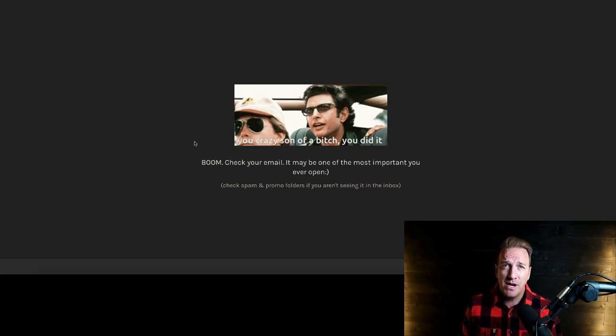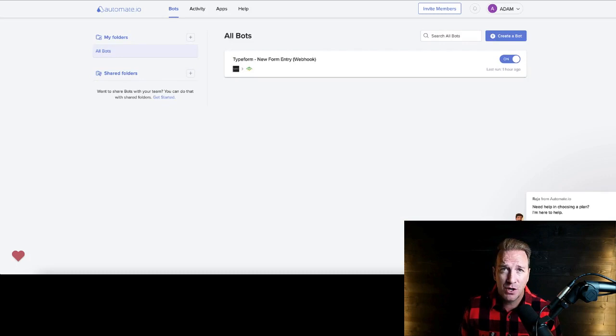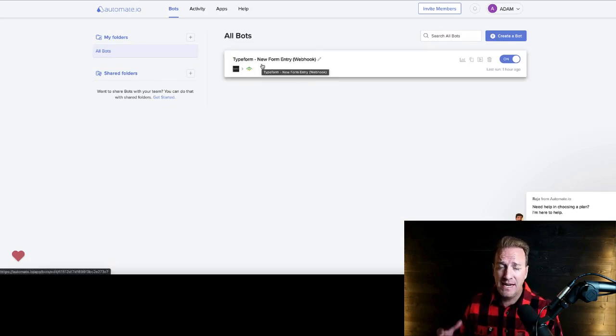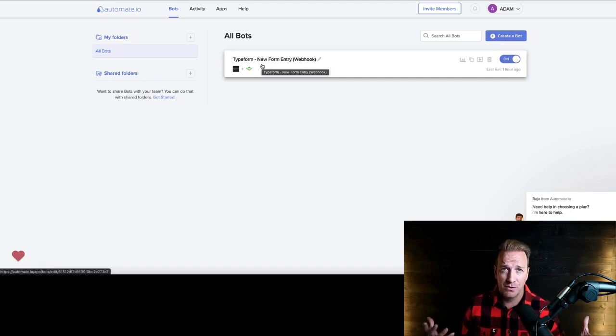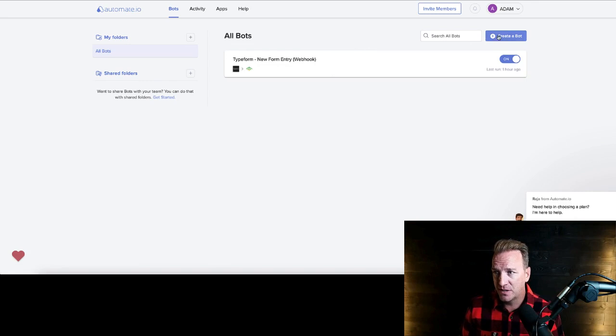But how we've done this to actually do this through an email exchange is we use a service called automate.io. And so you can see here, we basically take two technologies. We take the Typeform landing page, and then we take the Klaviyo email account. And this works with all kinds of different email services. So whichever you're using, you can actually make this work. But in our case, you basically create a bot,